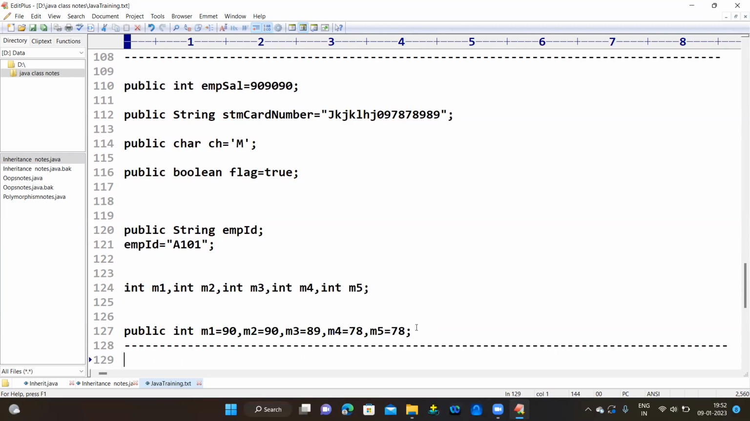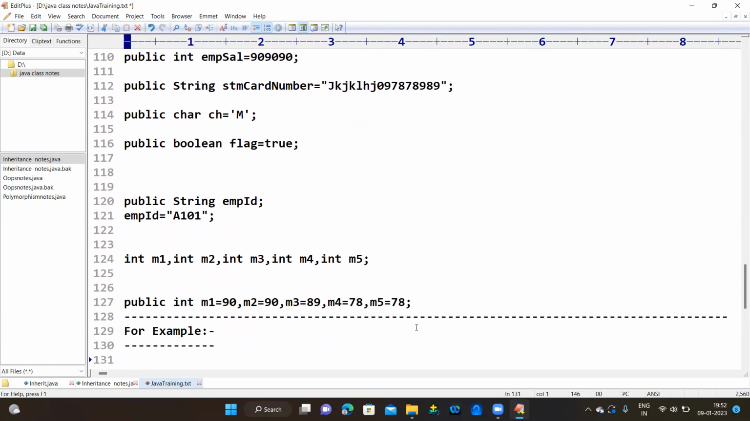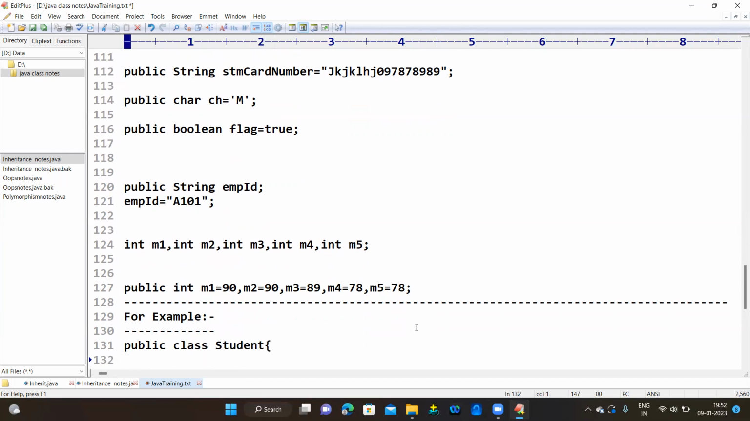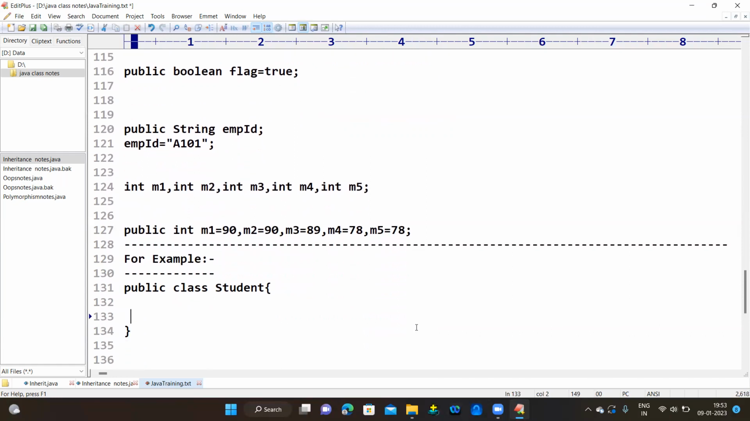Okay, so now we can create one example class and define the variables. For example, I want to create one student class. So access modifier, class keyword, student, open bracket and close bracket. Here, defining the variables: public integer, public string,